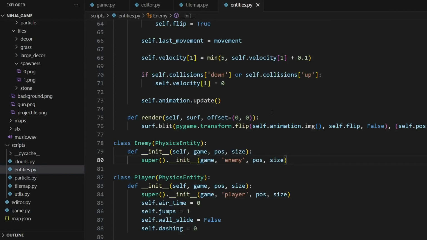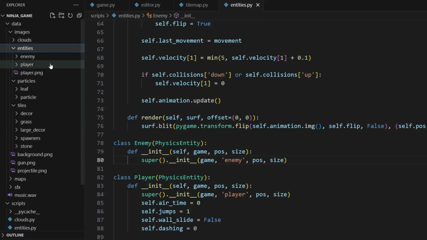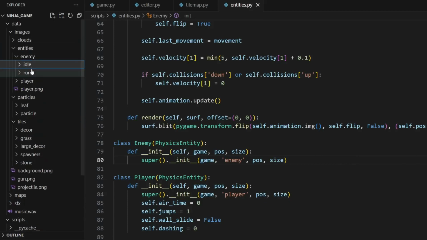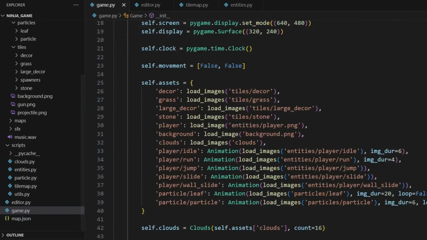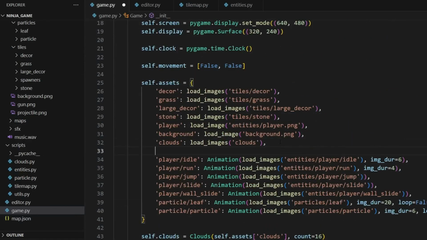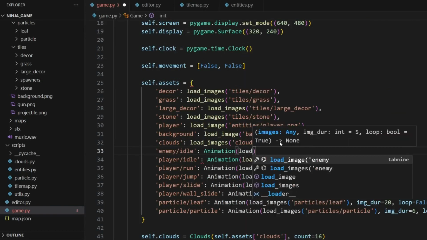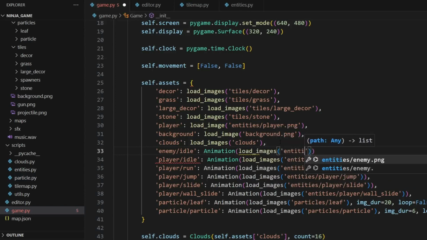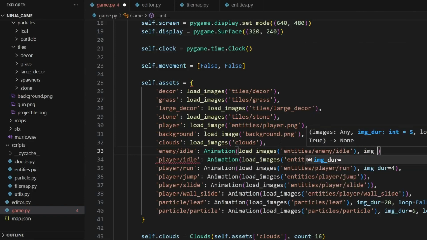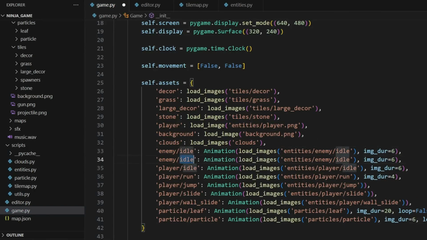Alright, so with the enemy, we'll use the custom enemy animations, which are over here in entities, enemy, and it has an idle animation and a run animation. So let's go ahead and load those in. So we can just do enemy/idle animation, load images, entities/enemy/idle, and then we'll say image duration equals 6, similar to the player's idle animation, and then we'll also have an enemy run animation. We'll just swap these 2 idles for run, and then we'll set the duration to 4,